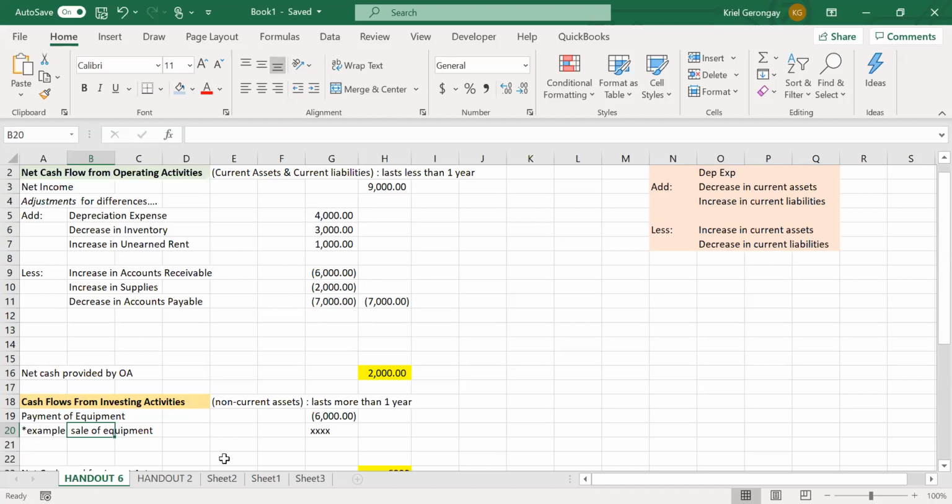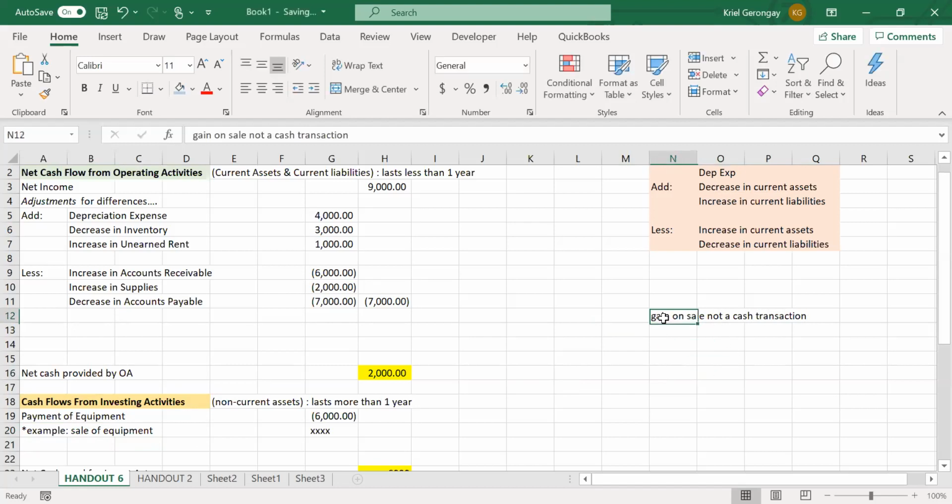So since you have a gain from this sale, which is not really a cash transaction,